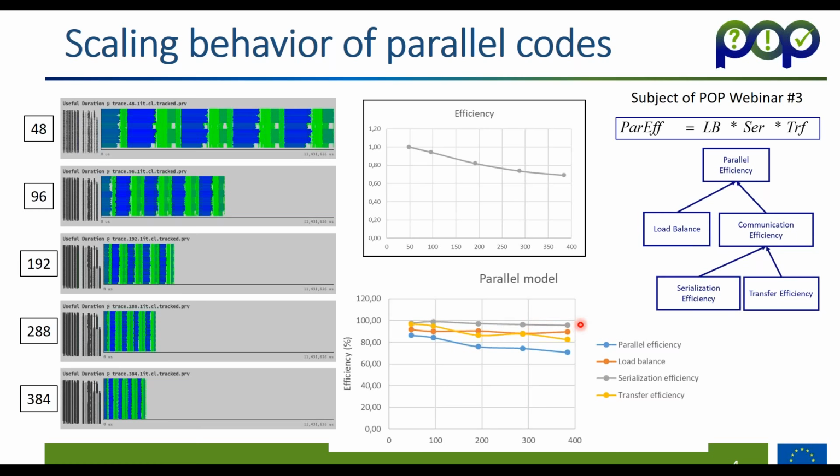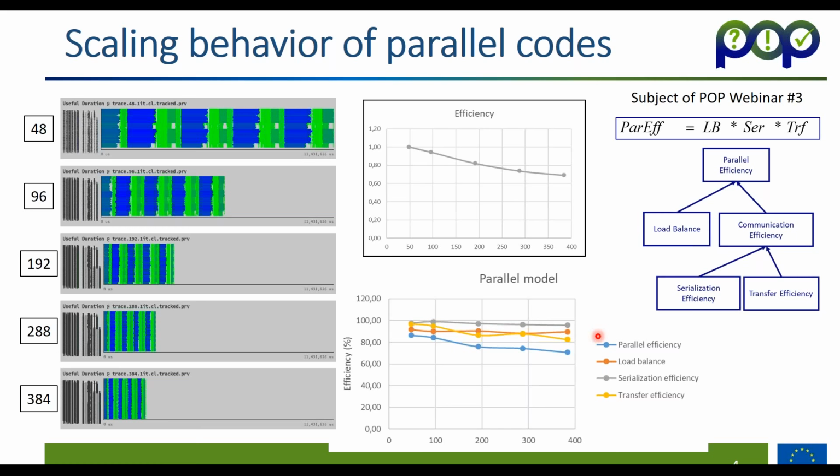We can have, as in this case, a very good serialization, no issue with that. We have load balance, which is not perfect, but is still fair. It's around 0.9, and is stable, doesn't change much with increased core count. And we have transfer, which is good at the beginning, close to 1, but it gets worse with increased core count. So this was one way of looking at the parallel behavior of the application with a